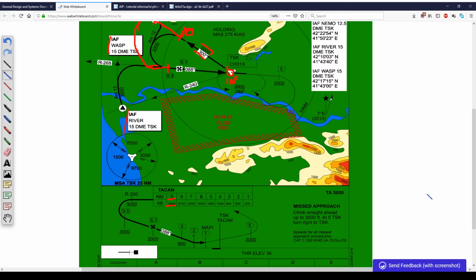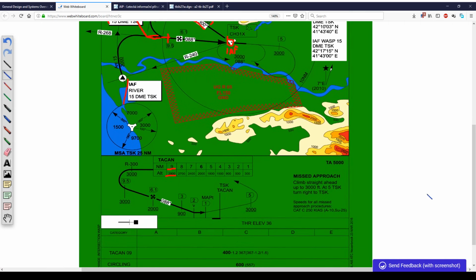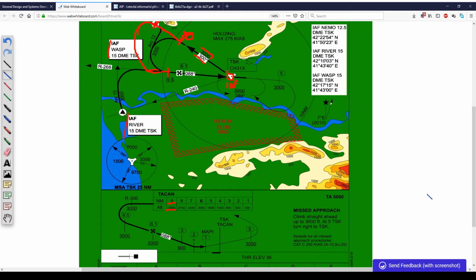Which is 3 degrees. Yeah, which is 3 degrees. In a non-precision approach or 2D approach, you can do the step descent. Usually it is used for NDB approaches, where you have an overfly altitude at the outer marker and the inner marker. I think here we